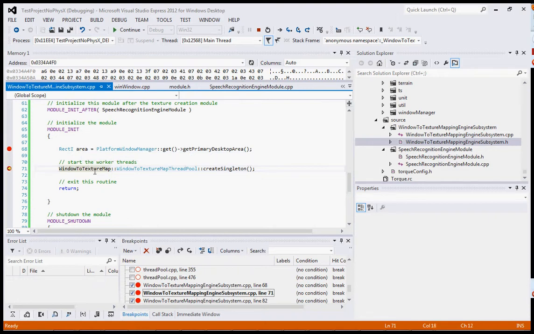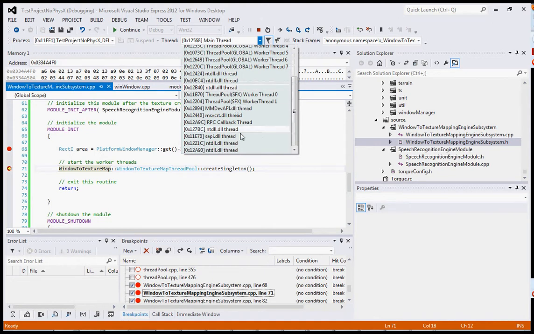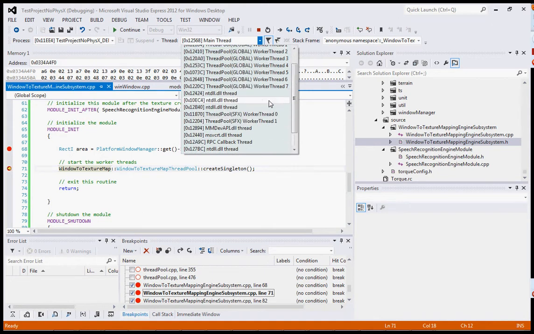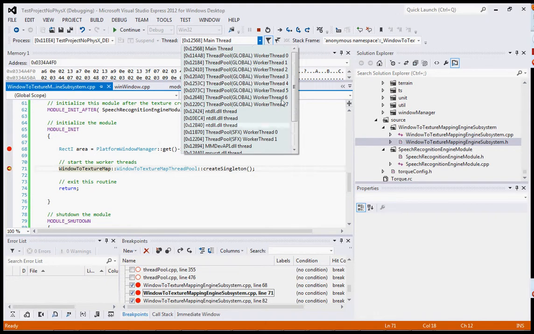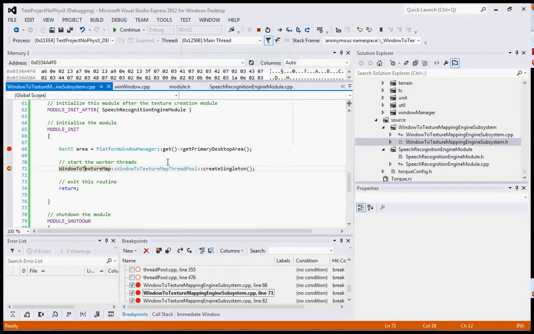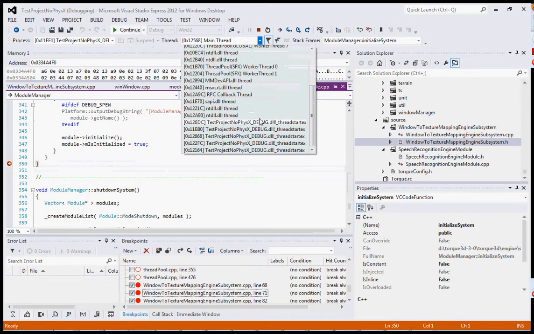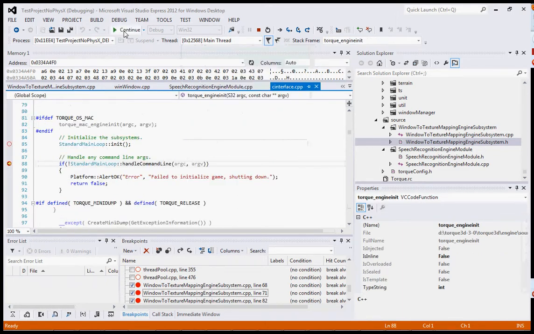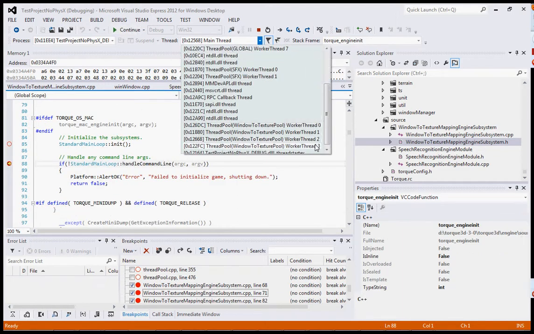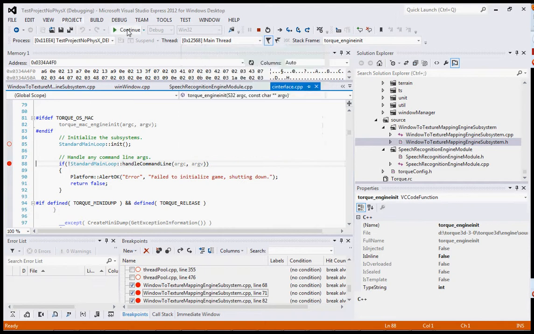Down here is where we start the threads. Now remember, there were no threads. There was nothing on the bottom here. There was only this, and these, as well as the extraneous threads created by other things. If we continue, you'll see that it tries to create a couple of threads at first: 1, 2, 3, 4, 5. Depending on how fast they're created, sometimes they show up after, sometimes they show up during. But notice none of them have any names yet. If I continue, maybe they have names now. Here you can see 0 through 4 have names, the last one doesn't. If we continue,